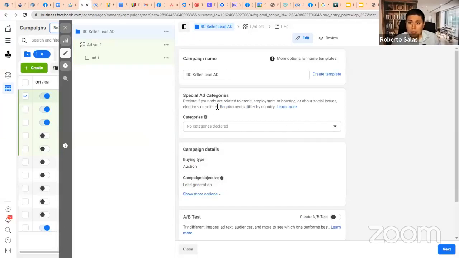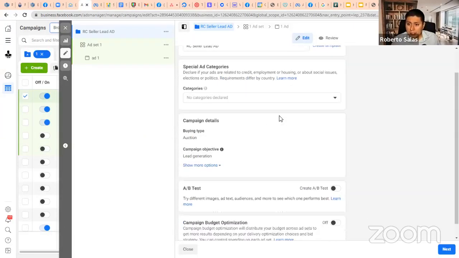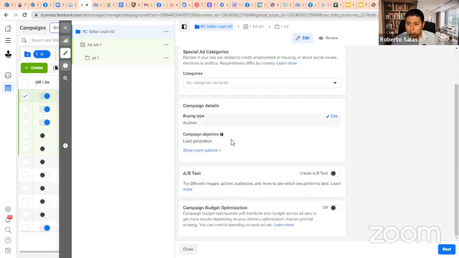All right, so the next thing we need to talk about is, this doesn't change, you don't need to change that. A/B test, basically the way this works is you create a campaign. Remember, a campaign is a collection of ad sets, and each ad set is a collection of ads. When you create an A/B test, you could run the same campaign, exactly the same one, but now use a